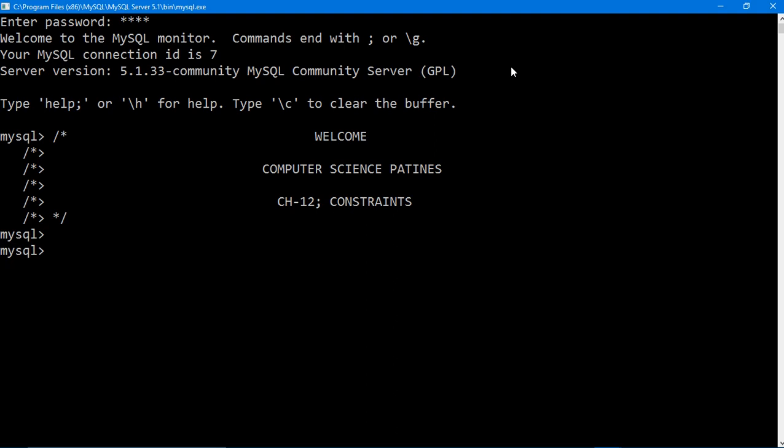So in order to create a relationship between the two tables, we must have a common field. Then we will be able to use the concept of foreign key. I'll be discussing it in more detail when I discuss foreign key. Now let me describe the concept of constraint by creating a table.